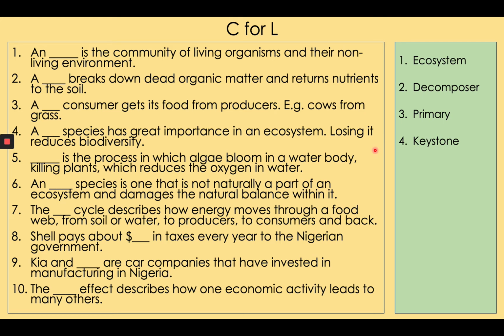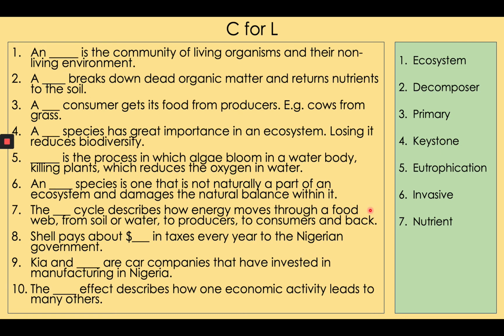4. A keystone species has great importance in an ecosystem. Losing it reduces biodiversity. 5. Eutrophication is the process in which algae bloom in a water body, killing plants, which reduces the oxygen in water. 6. An invasive species is one that is not naturally a part of an ecosystem and damages the natural balance within it. 7. The nutrient cycle describes how energy moves through a food web, from soil or water to producers